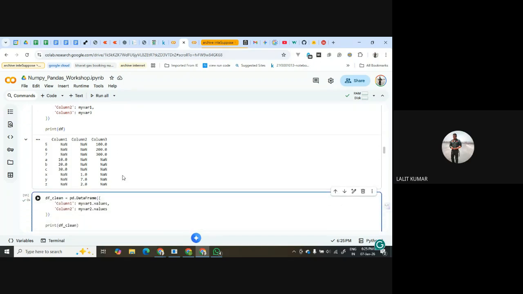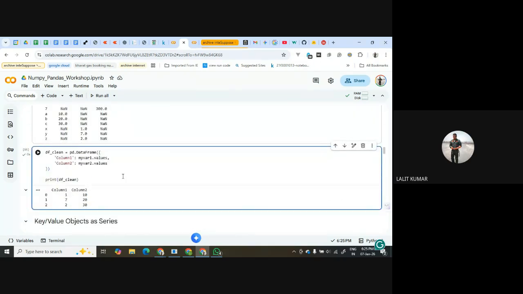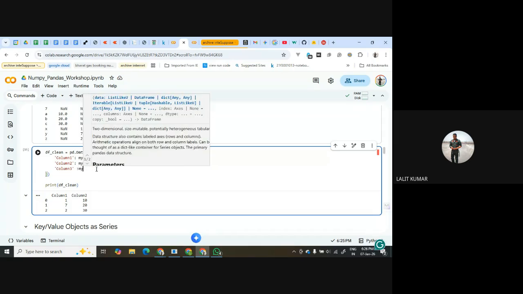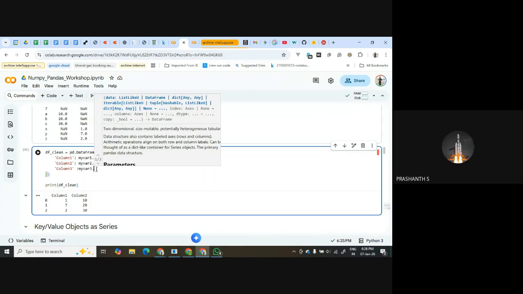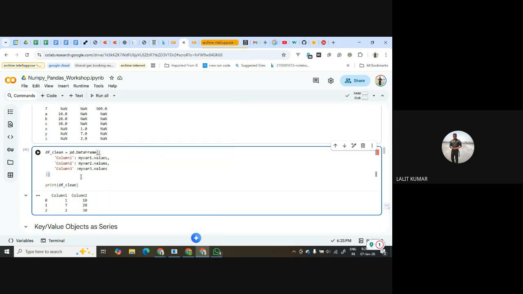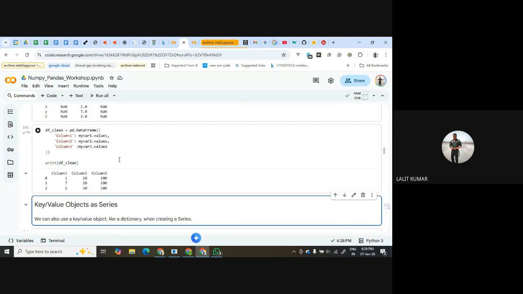So in case your indexes are of different types, then we can take only my var1, my var2 values, and we can add them here, column 3, and again this, and we can take my var3 values. So make it integer again. It will not matter, because here I'm not taking indexes. I'm taking only values. Default indexing is there. So we take values only, and now your data frame is created.